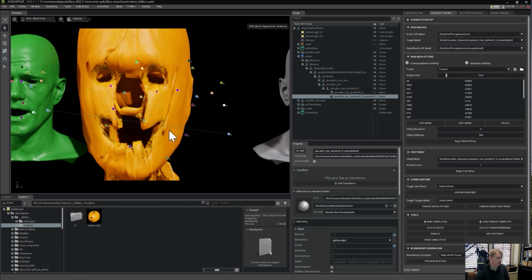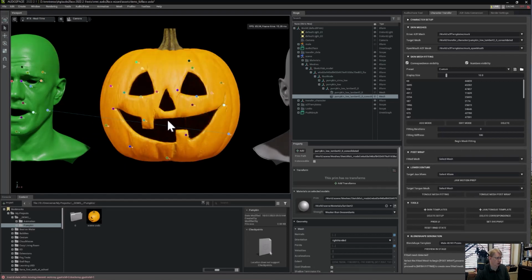And doesn't he look wonderful? No, he's just been stretched by the other mesh. So then you do the post wrap, and it brings it back to the normal sort of thing. Why does it do that? No idea, but whatever. Now I want to generate, I've come down here to the blend shape generation, and